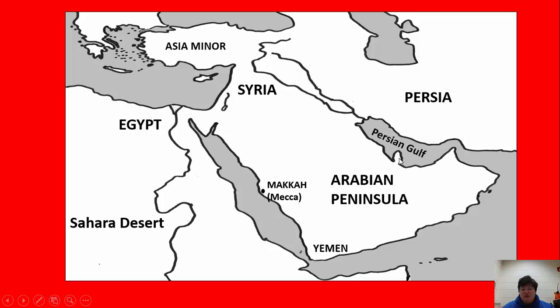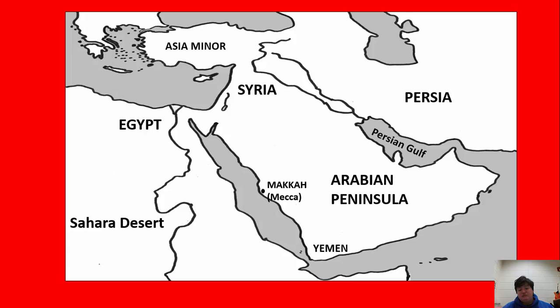Now we want to label this little body of water here. This is referred to as the Persian Gulf. At one time, back in the late 80s and the early 90s, the United States was involved in a war called the Persian Gulf War, and this is the part of the world where they were fighting. The Persian Gulf. It's a body of water.